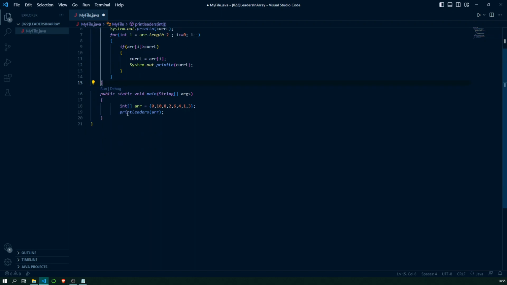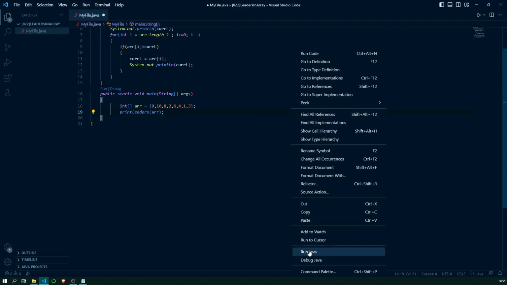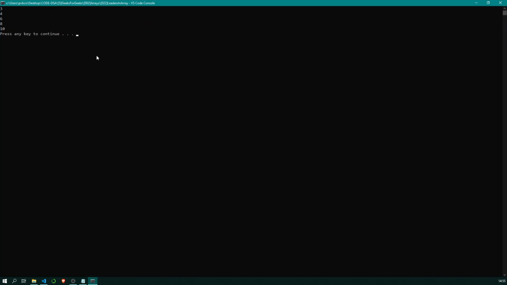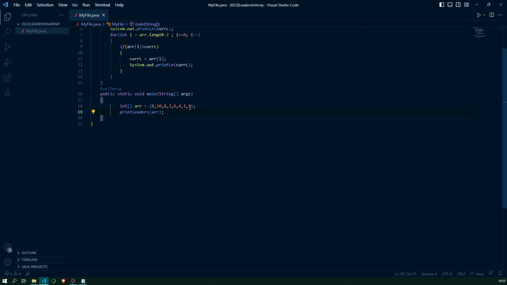Perfect. So let's try to run this. Okay, so yes, we are getting our desired output 3 4 6 8 10. So these are indeed the leader elements. The only difference between the previous approach and this approach is that the leader elements are being printed in reverse order.